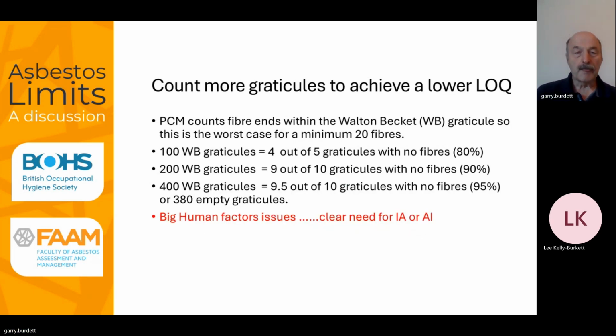We could count more graticule areas to achieve a lower LOQ. At the moment, we count 100 Walton Beckett graticule areas, which means for 20 fibres, worst case situation, 4 out of 5 graticules with no fibres, roughly 80% empty. If we increase to 200 or 400, we get to 95% empty graticule areas. There are big human factor issues there, and clearly a need for image analysis or AI,